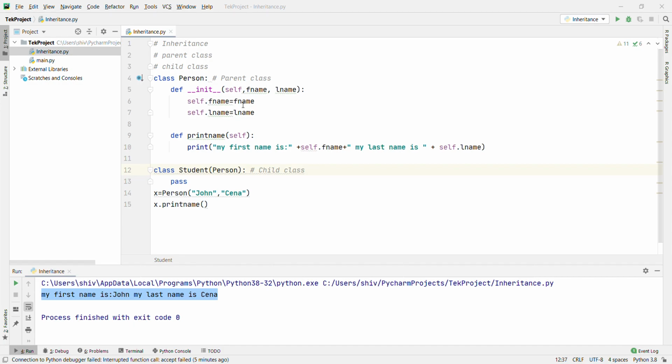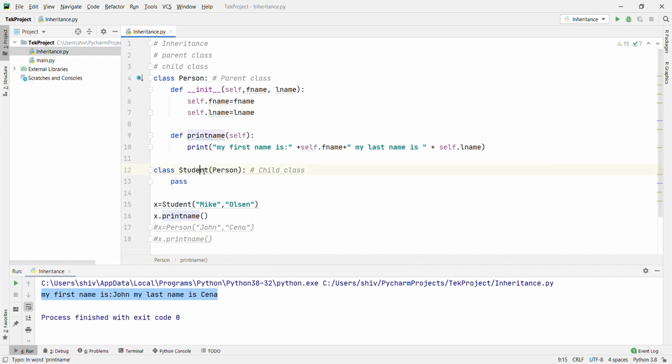Now I am going to create an object of the child class. Let's comment and create a Student object of the child class and pass Mike Olson. Now I am going to call the method print_name.